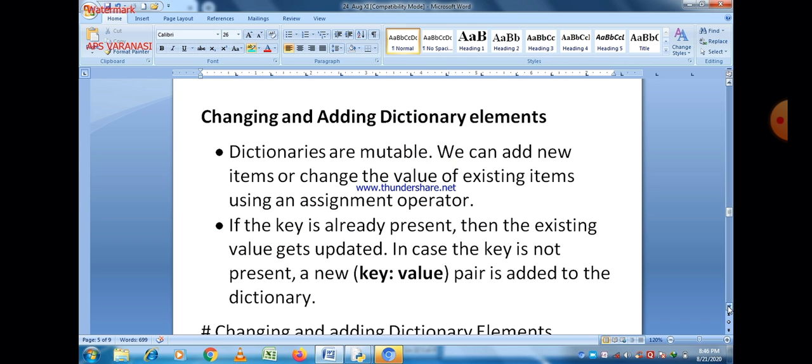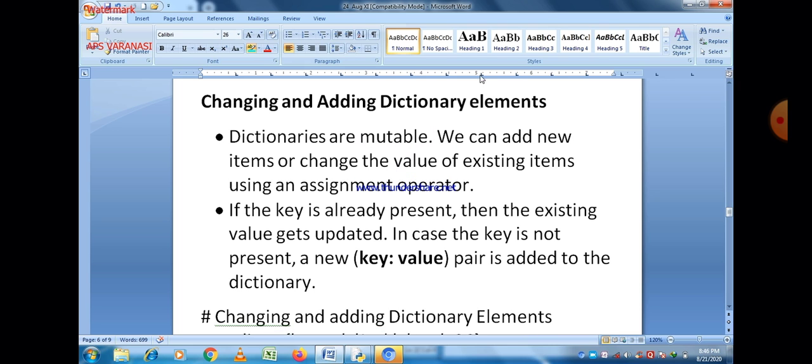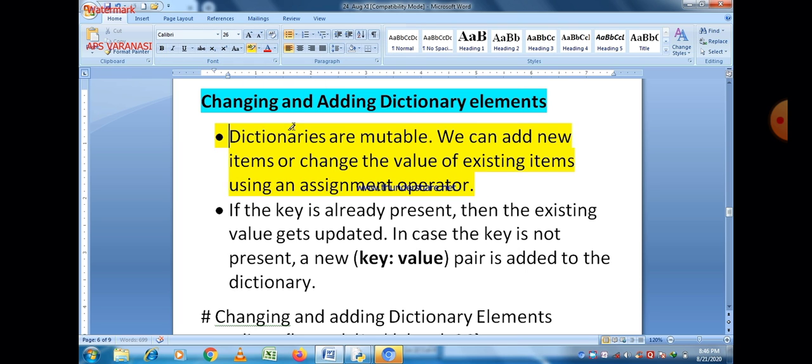So if you want to find out an element using keys, there are two methods: first, using a square bracket, and second, using the get method. So you can easily access elements. The difference is only when the key doesn't exist. Get returns None while a square bracket returns an error.